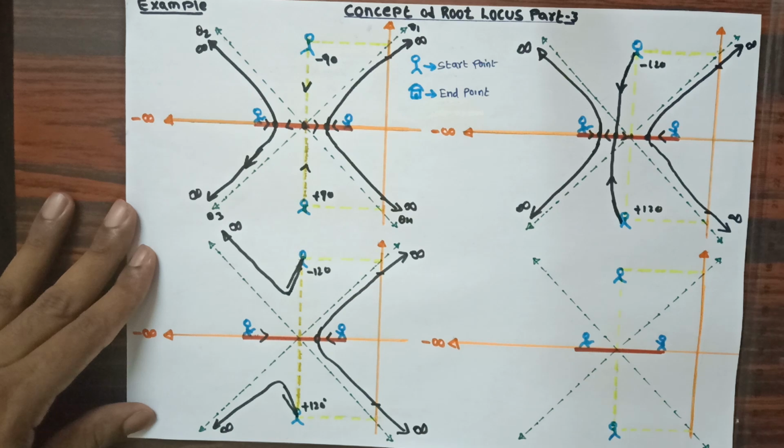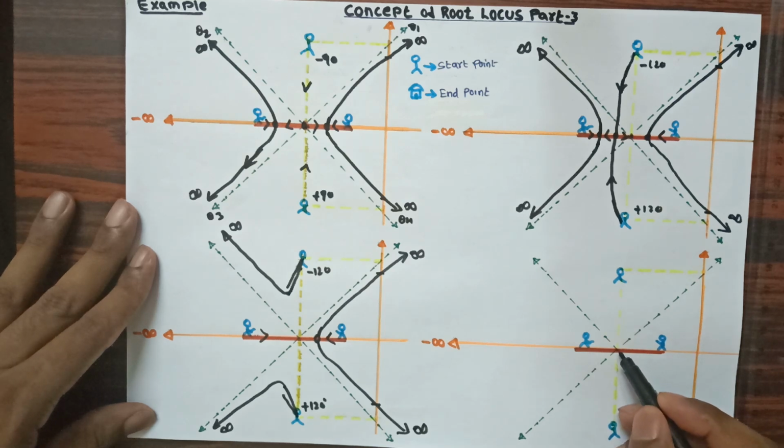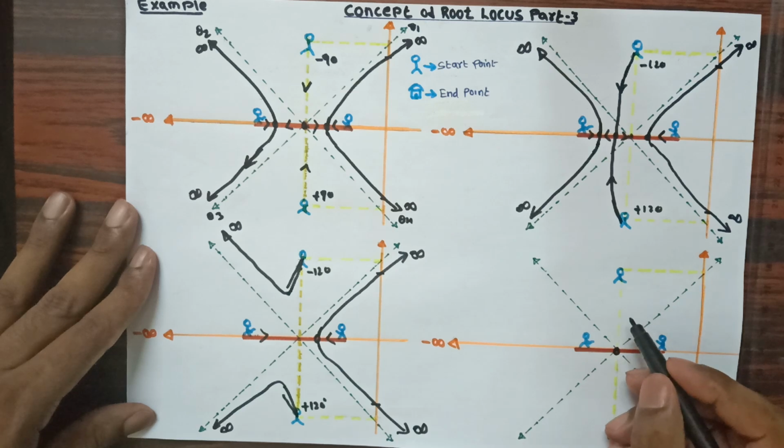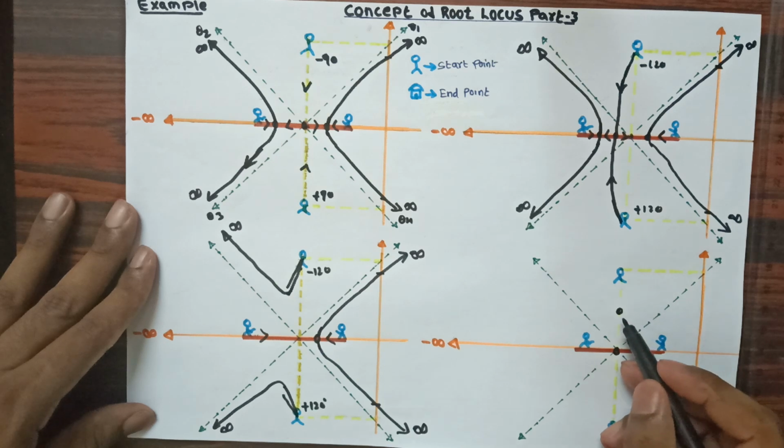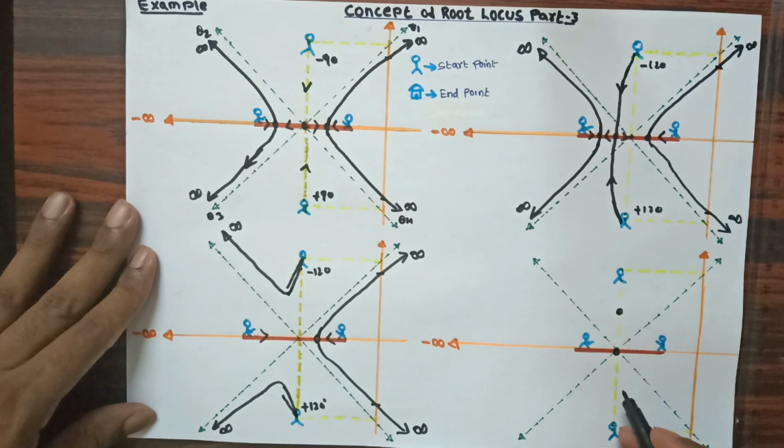Next example. In this example also I have considered 4 persons without destination. That means all these 4 will move towards the infinite destination by following 4 angles. You can see that I have given the 4 angles. Now in this I am going to provide a breakaway point, one at this point, that is on the centroid itself. There may be chances of the breakaway point and the centroid being at the same point. For now in this example I am providing a breakaway point at this point only, and one more breakaway point I will provide somewhere here on the y-axis, in the above part, and in the below part also I am going to provide a breakaway point.